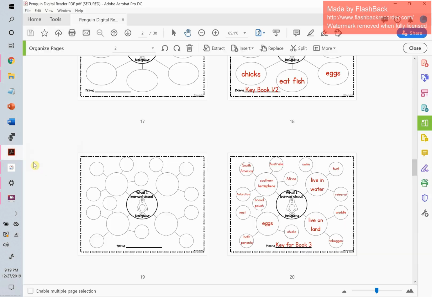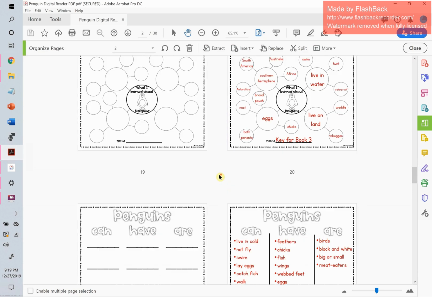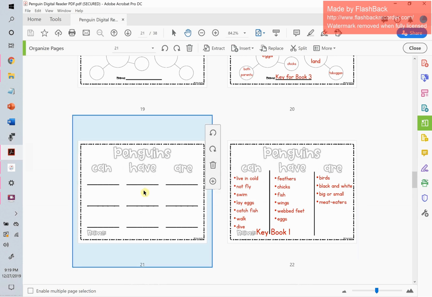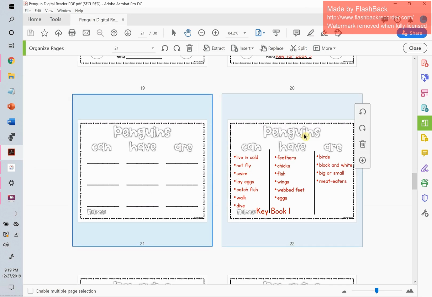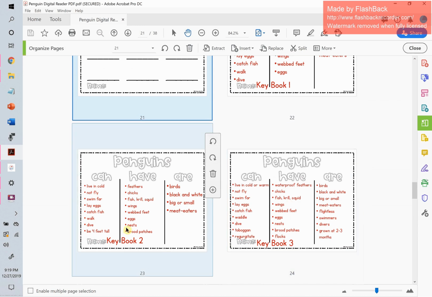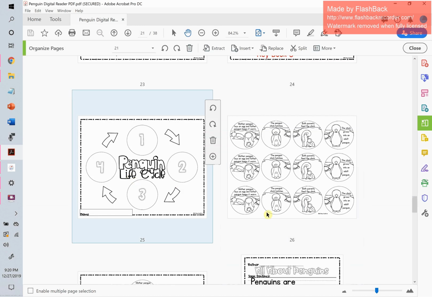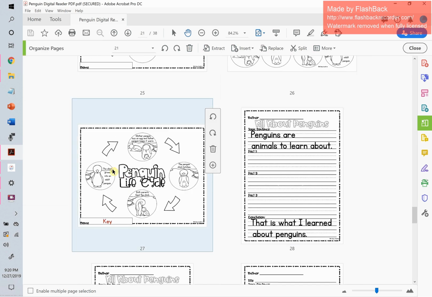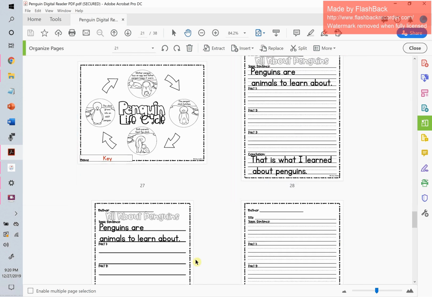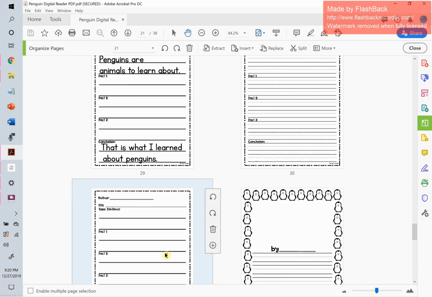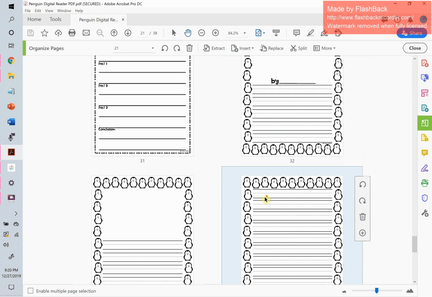All right, so back to the PDF here. So after the webs, I gave you these in paper also so that they can fill those out and circle them if you want to. I gave you some ideas for the first book for Can Have Are, for the second book, and for the third book. I gave you this in a paper version also in case they want to do some coloring and gluing. And this is the key for that. And then I gave you paper versions of this with, these are first grade writing lines. This is regular lines, and then some paper